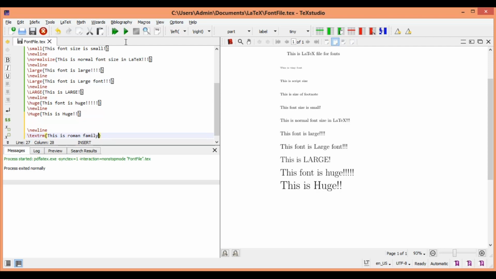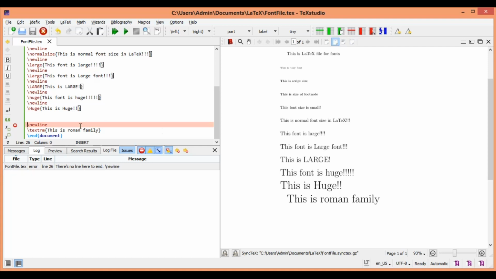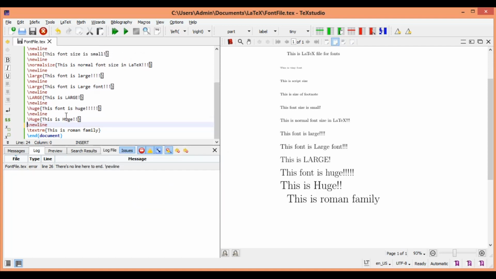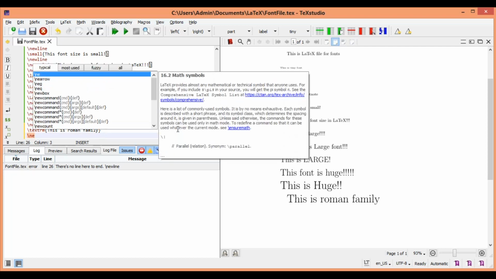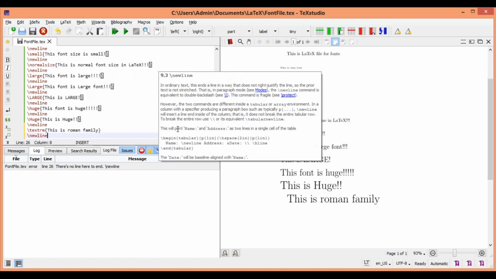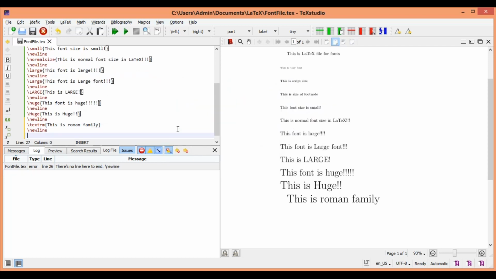Okay, now let us see how that gets run. So now you have, this is Roman family. Now there is something called sans serif.